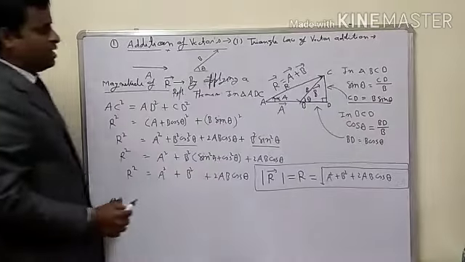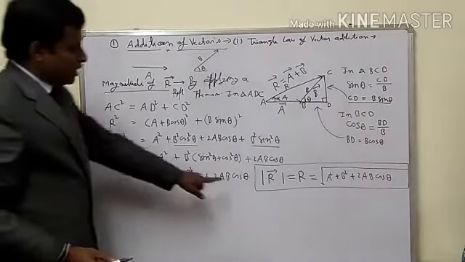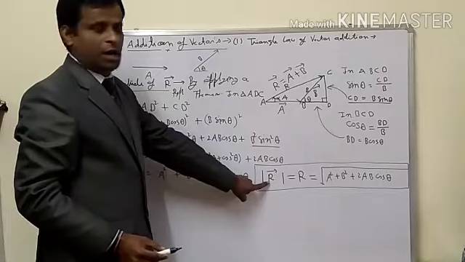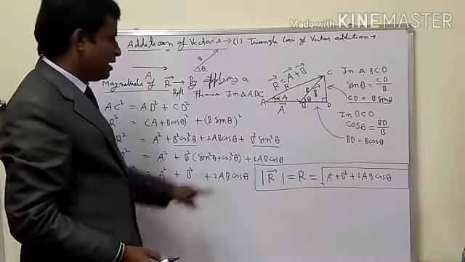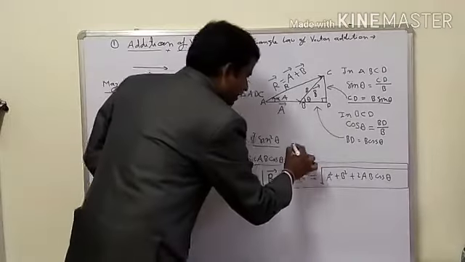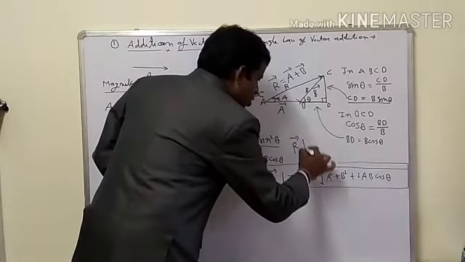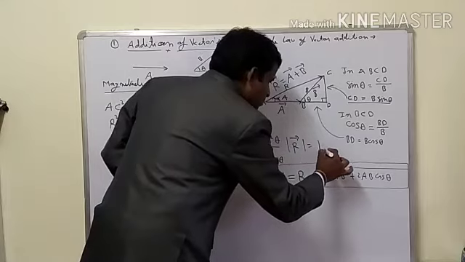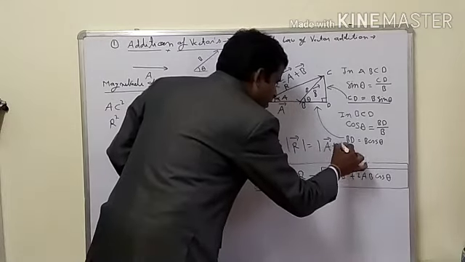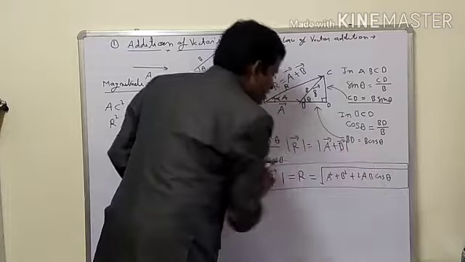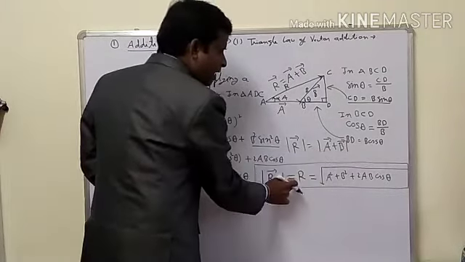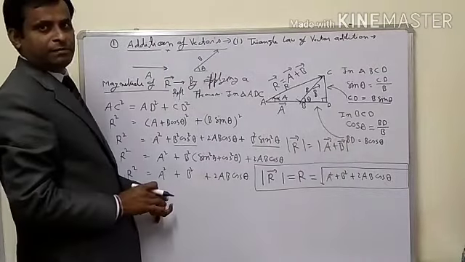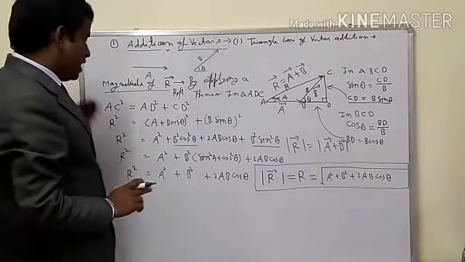For the addition of two vectors, the magnitude of the resultant vector R can also be written in this form. Mod R vector is equal to mod of A vector plus B vector. Mod R vector, or mod A vector plus B vector, or R, all are the same. Getting it? Now I am going to find